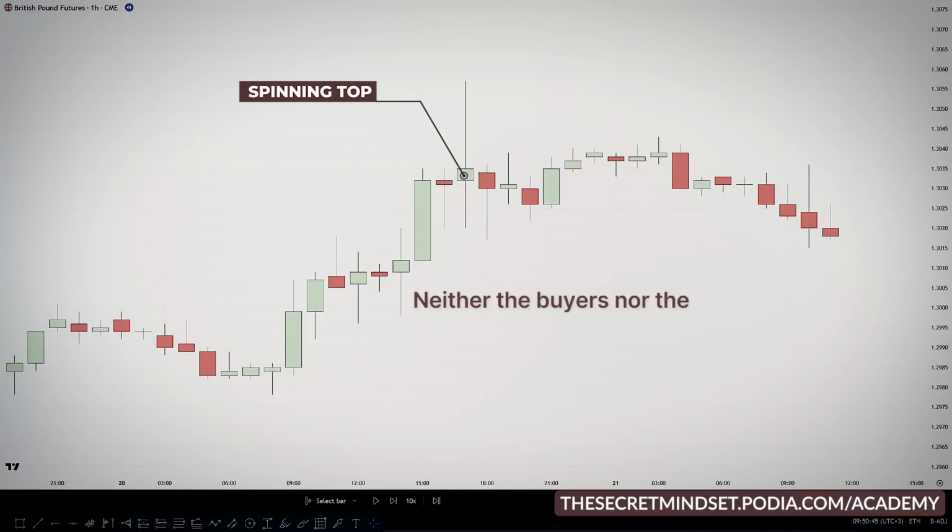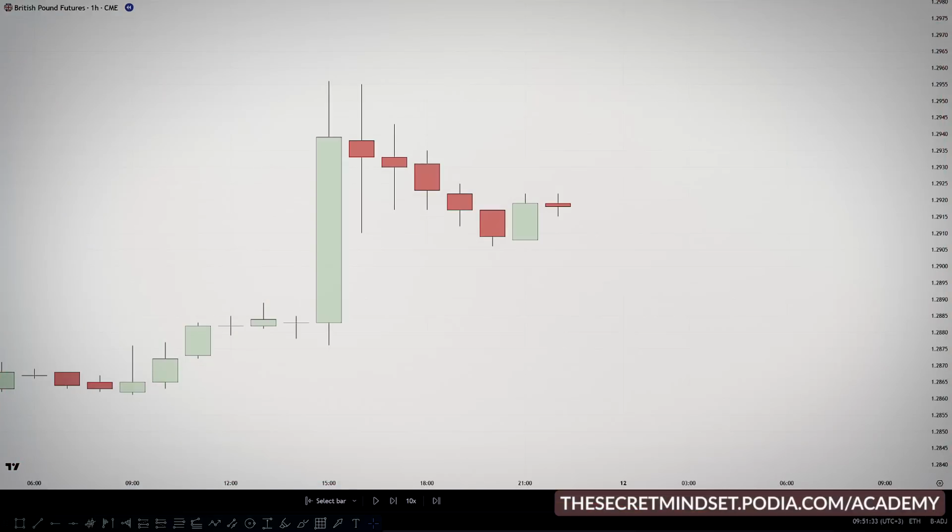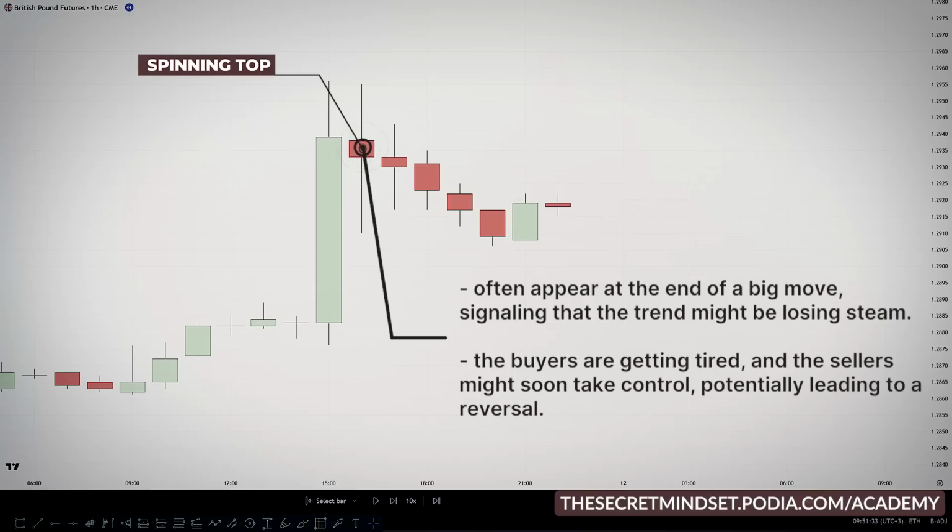It implies that neither the buyers nor the sellers had enough momentum to push the price decisively in one direction. The market is essentially taking a break, reassessing its next move. These candles often appear at the end of a big move, signaling that the trend might be losing steam. This spinning top might indicate that the buyers are getting tired, and the sellers might soon take control, potentially leading